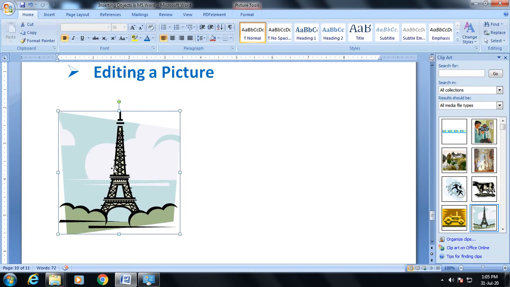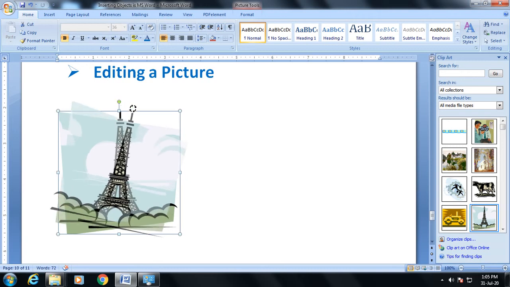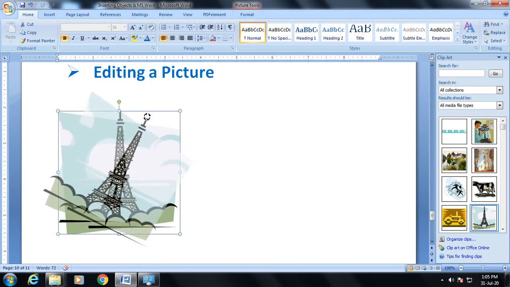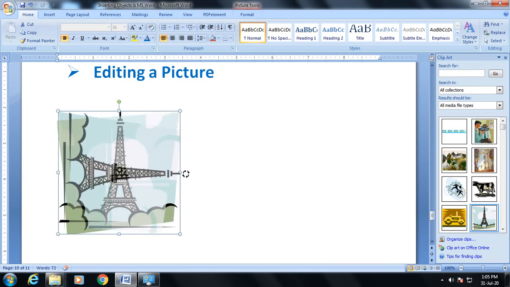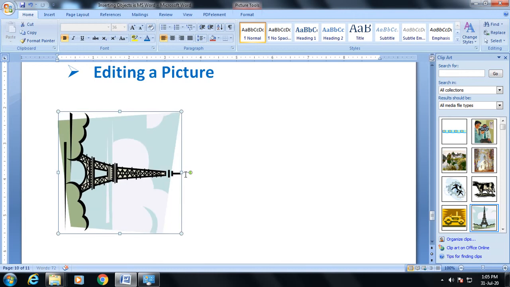You need to move your mouse pointer near the green dot. When you move your mouse near the green dot, the curved arrow will appear. Now click here and move your mouse clockwise. You can see the Eiffel Tower is moving.